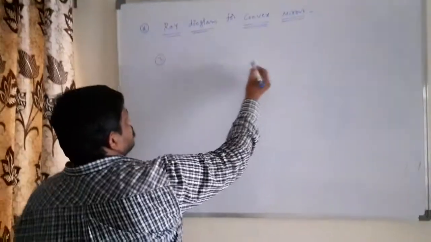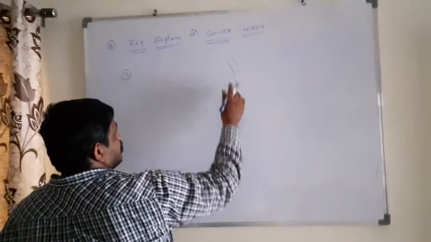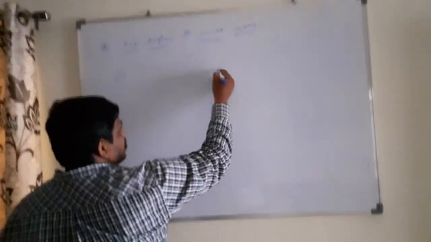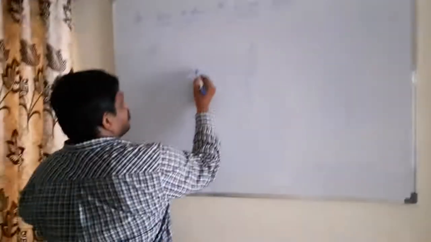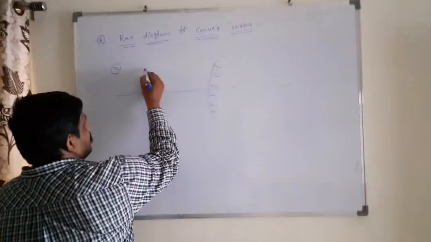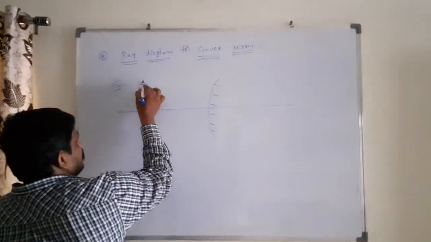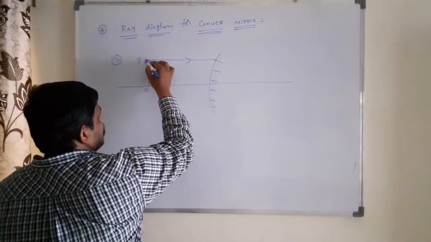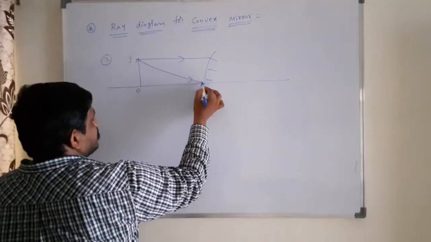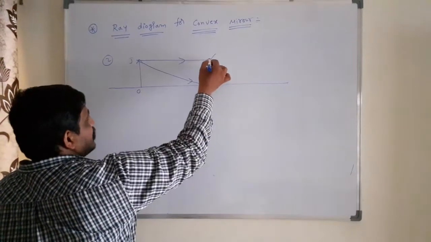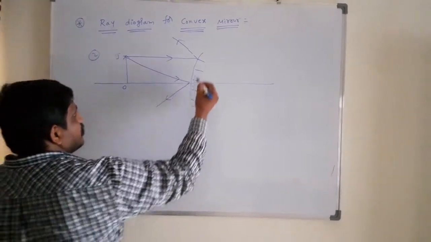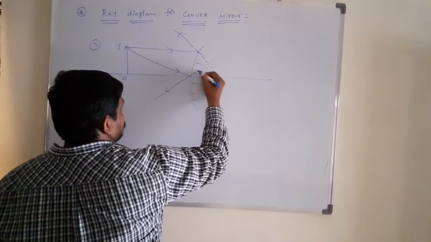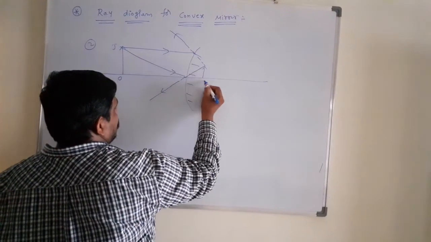Last diagram, second diagram, nana. Here, this is the convex mirror, nana. Look here. Here, convex mirror. This is called principal axis, nana. Here, for example, at any position, this is the object, nana. Object illuminates the light, nana. Look here. Okay. These are diverge, nana. Diverge here. These are extended here. Image is formed, nana.